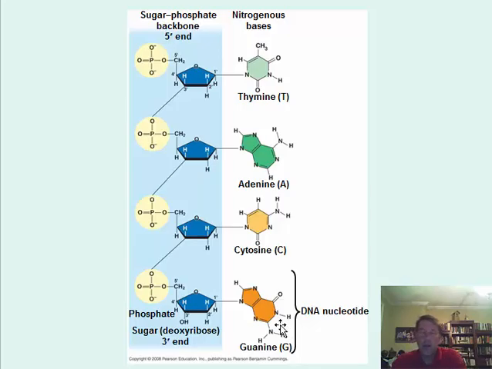And this is what makes the code which will determine the particular traits. So these traits are coded by the sequence of these A, T, C's, and G's. So brown hair would have a certain sequence, and blonde hair would have a different sequence of these A, T, C's, and G's. So DNA is just made up of a bunch of these nucleotides stacked together to make a long strand, and then 2 strands actually come together, and that's why we call it a double helix, because there's actually 2 strands that hook together. So that's the basic